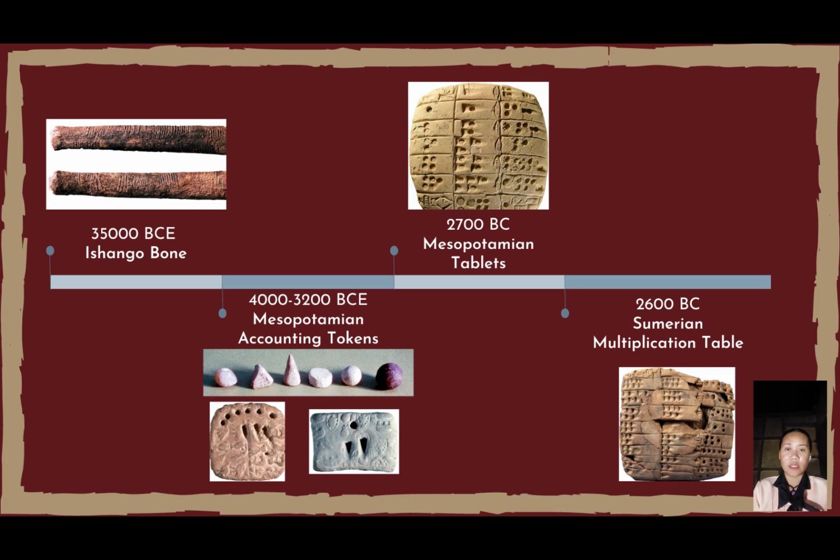So, our first stop is the Ishango Bones, dated 35,000 BCE. The Ishango Bones are possibly the oldest mathematical artifact still in existence. It was discovered in 1950 in the Democratic Republic of Congo in Central Africa and is named after the region where it was found. It dates back to the Upper Paleolithic period of human history and is approximately 20,000 years